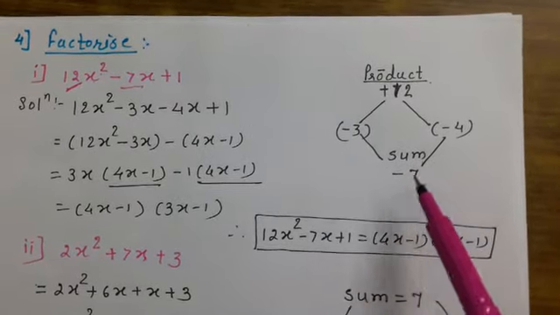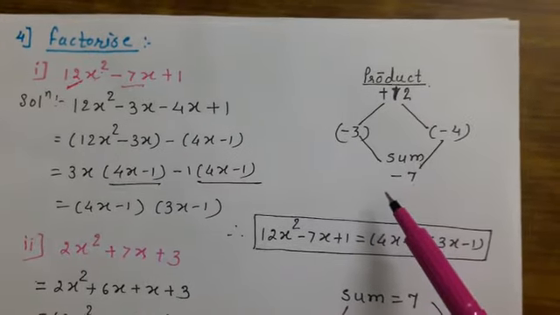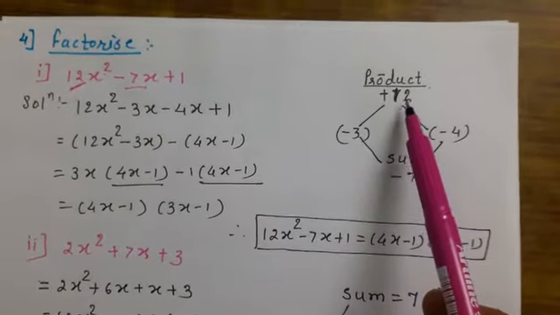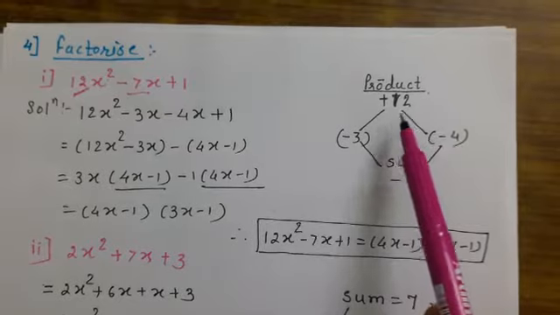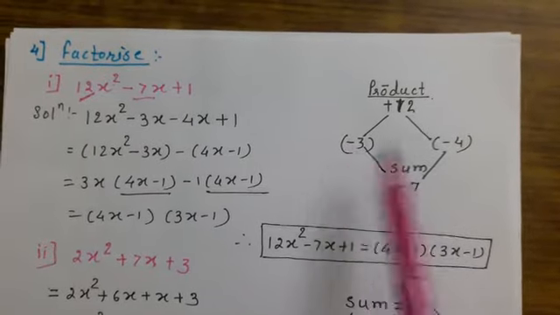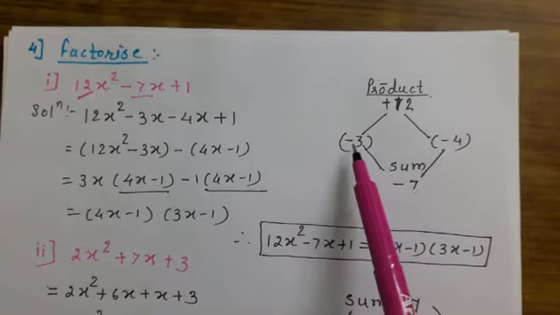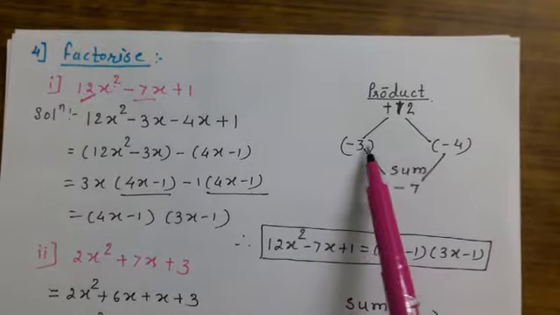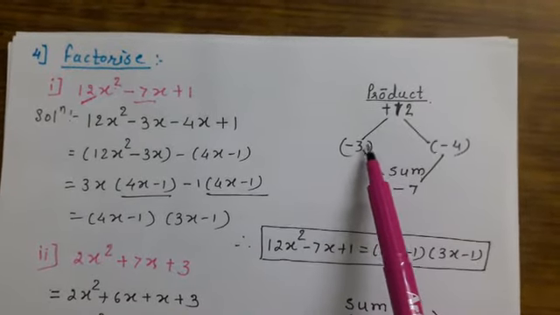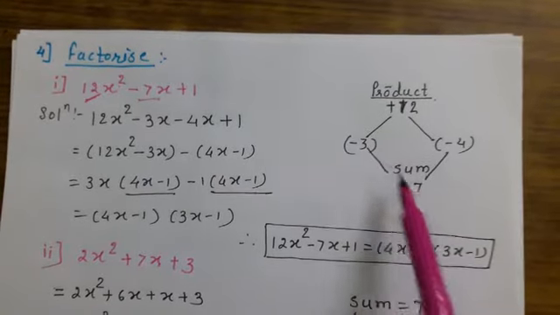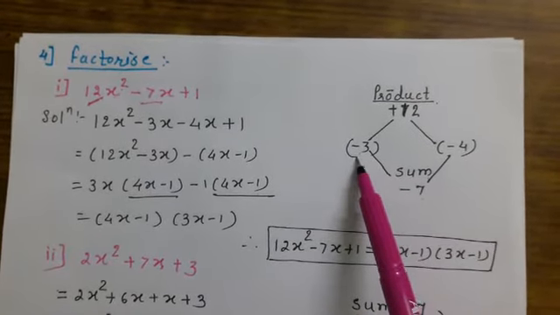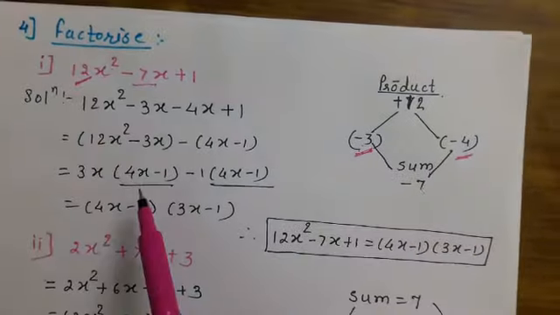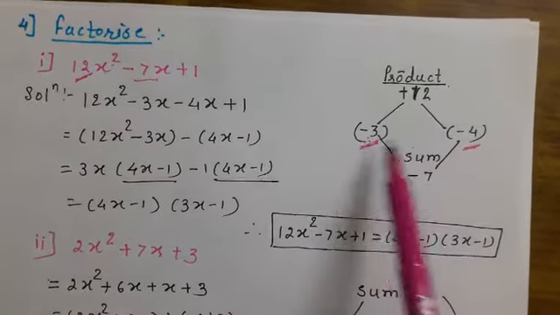That is, we have to decide the two numbers or two factors whose sum is minus 7 but whose product is 12. Whenever the product is positive, both numbers will have a positive sign or both numbers will have a negative sign. Now 3 4s are 12. If we take 3 and 4 as positive, okay, the product we will get positive but the sum we will not get negative. That's why we have to decide the first number should be minus 3 and the second number should be minus 4. Both numbers have a negative sign, minus 3 and minus 4.